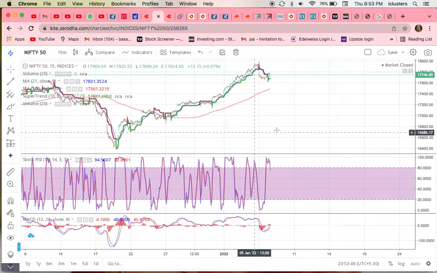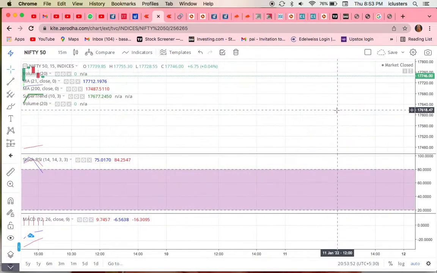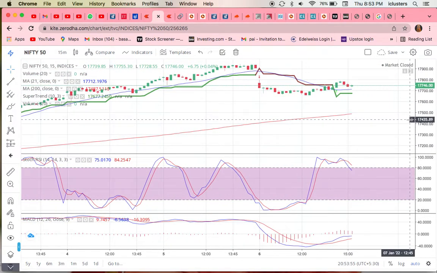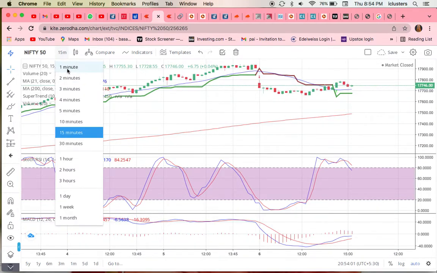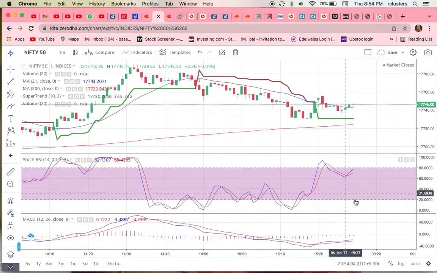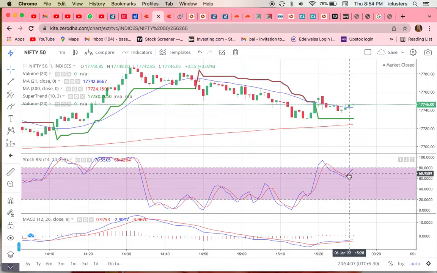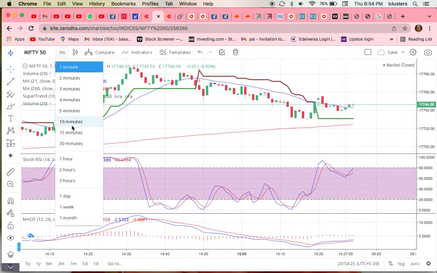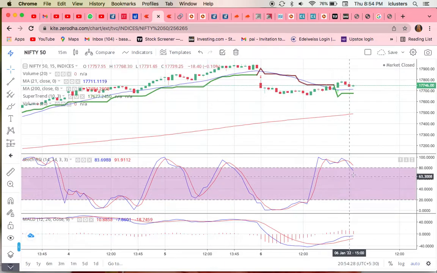And one thing I will tell you: if people are confused by using these indicators, in the beginning stage I also used to get confused. When we change the time frame, that is very important. When we change the time frame, the indicator movements also change according to the time frame. That is how we suddenly get confused. See in this RSI indicator, the RSI has come down below the 80 level. But when we use the 15 minute candle, see, this shows it was falling from upwards to downwards.